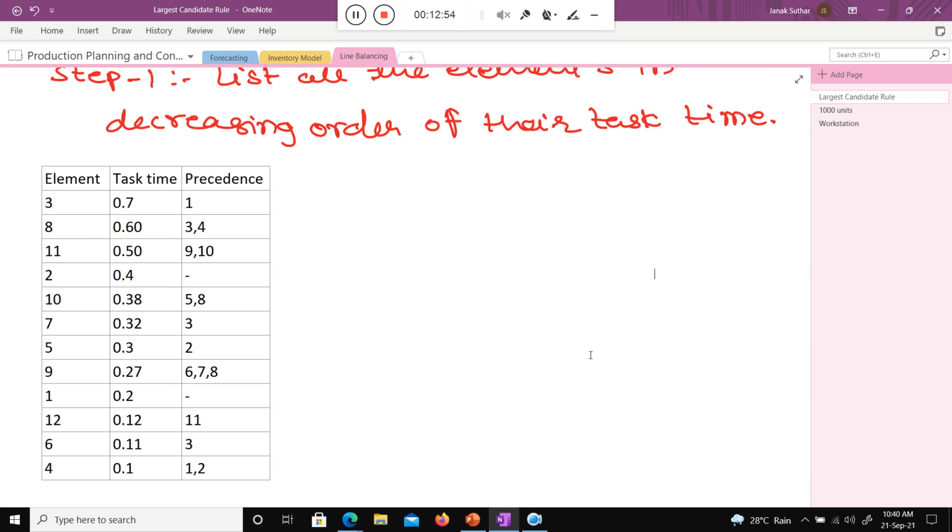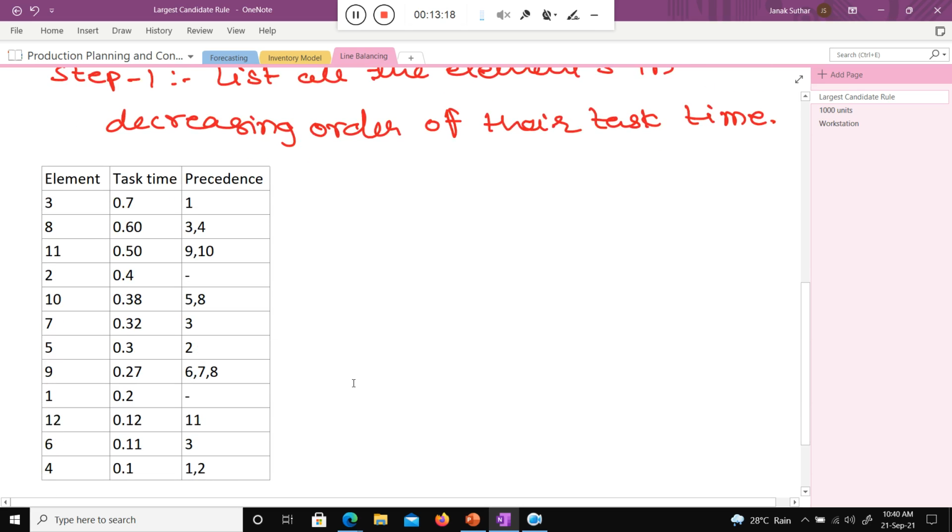I will not keep all the elements in one sequence. I will make workstations 2, 3, 4, and there I will keep the work elements in such a way that I can reduce the idle time of the other elements, or you can say the idle time of the plant.